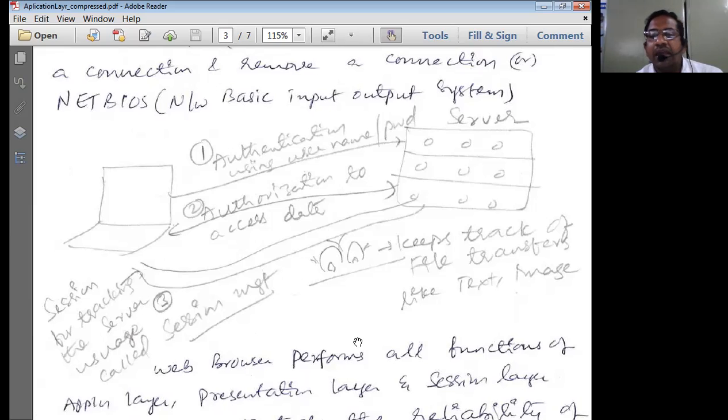Say I want to use a banking application. To access a banking database, we need to have a username and a password. So first of all, the user has to be authenticated. If the user is authenticated, then he is going to get an authorization request. That means the bank server is going to send an SMS to the registered mobile for security reasons. After he gives the correct information from that, then he is authorized to access the data. Then after that, he accesses the data from the server.